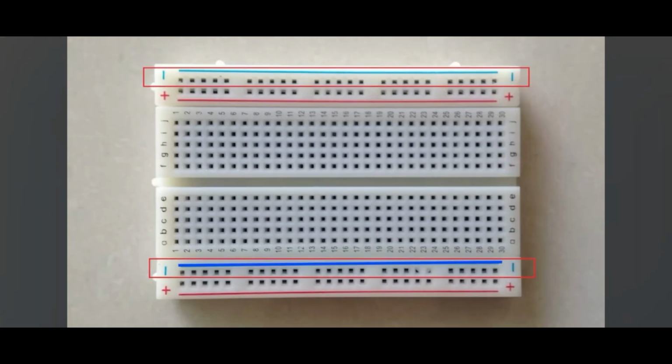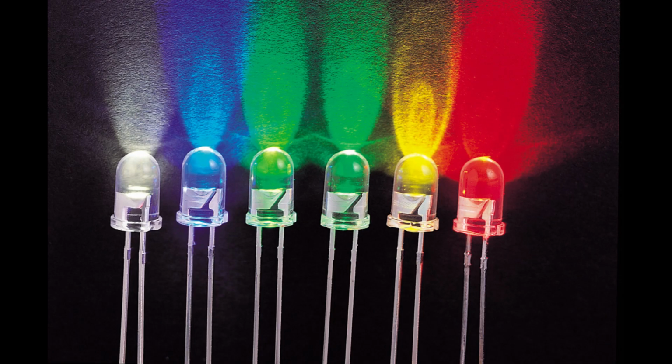All holes from number 1 to 30 on this blue line are a straight negative current rail, while next to it there is a red line from 1 to 30, which is a positive current rail. These two rails are what we will use to supply each line, whether it's line 1 or line 2, both have their own rail. Okay, the next item is an LED light.